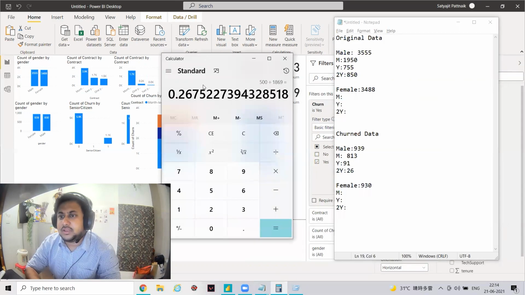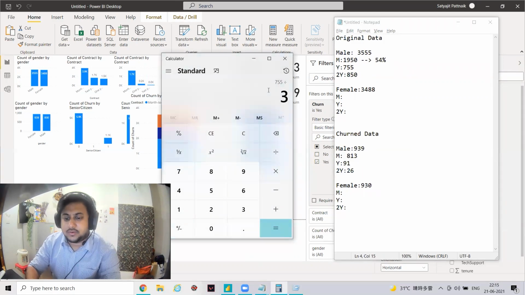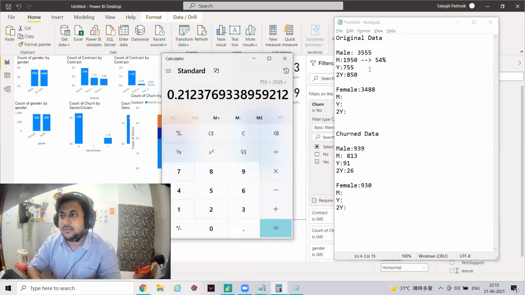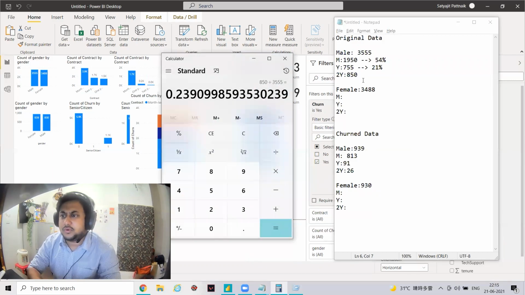How many monthly customers? 1950 divided by 3555, 54%. How many yearly customers? 755 divided by 3555, 21%. And the rest is 25%, is it? 850 divided by that, yes, almost 24%.